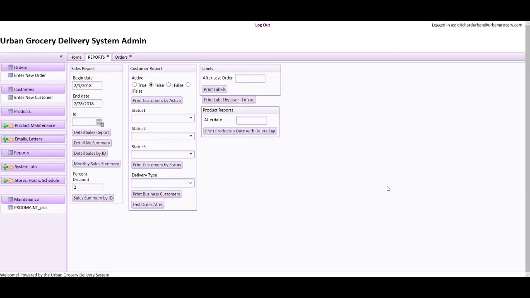So there's one more feature in the reporting area that I'd like to cover, and that is being able to figure out the discount. You can offer a cash discount in the system, and you can decide how much discount to offer. So say you're offering a 2% discount, and you want to print a report. You could put the beginning and ending dates for the month. For instance, if we want to report for February 2018, and then put the percentage discount that you're going to